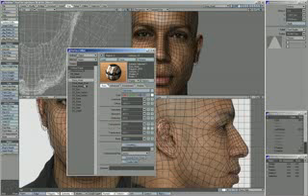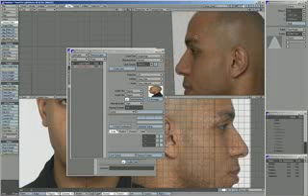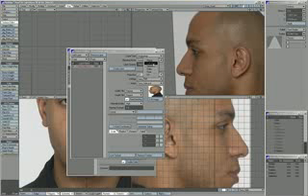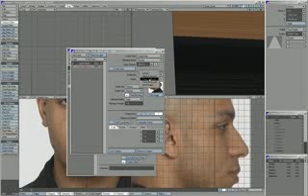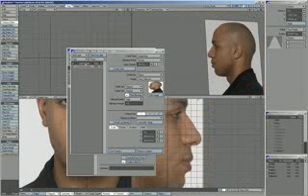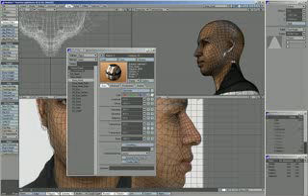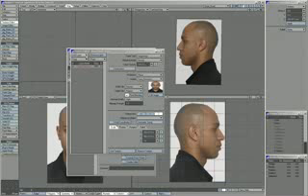So we'll just do exactly the same technique that we did with the front to map the side on. We'll select the side box that we created, select that as planar, select the side and stick it on X, automatic sizing, and there we go. And now we know that's going to match exactly with the side of the head because it matches exactly with the reference. So we'll just copy and paste that layer back onto the side of the head,